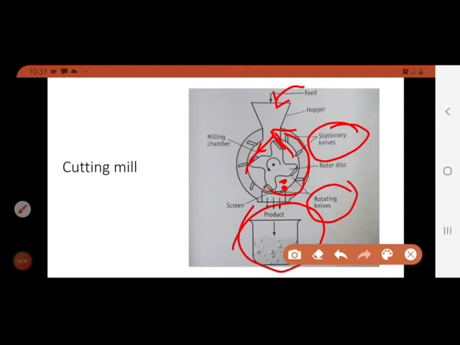And then let's see about the uses of size reduction. It is used for tough and fibrous material. Fibrous material means plant material, for example medicinal plants, and animal tissue may be normally converted to smaller parts. It is used in the manufacture of plastic, rubber, and recycling of paper waste and plastics. That's it. Thank you.